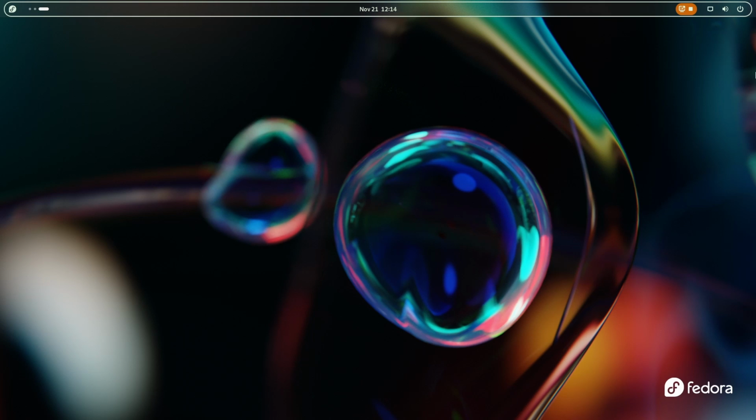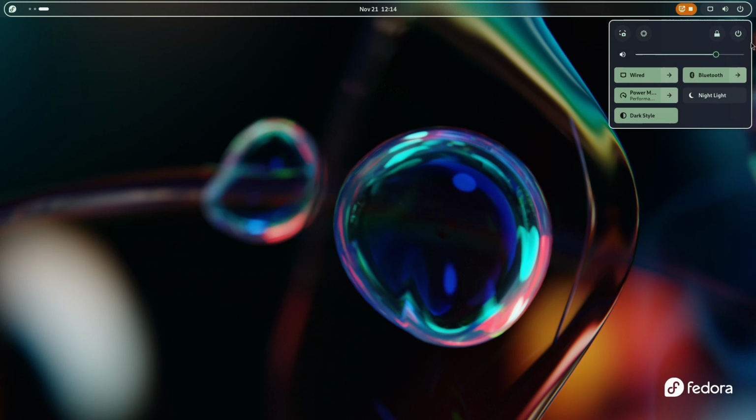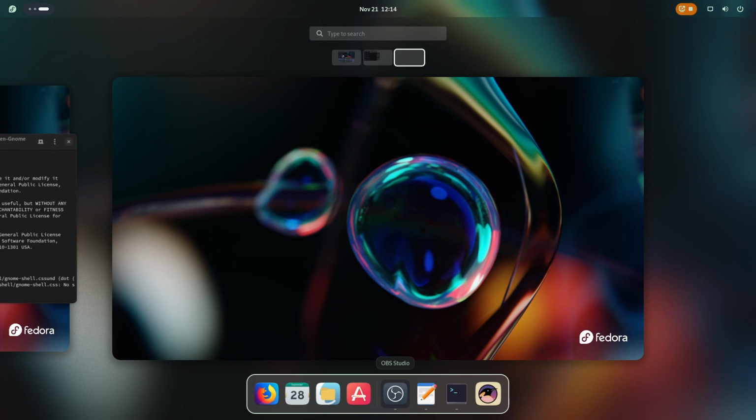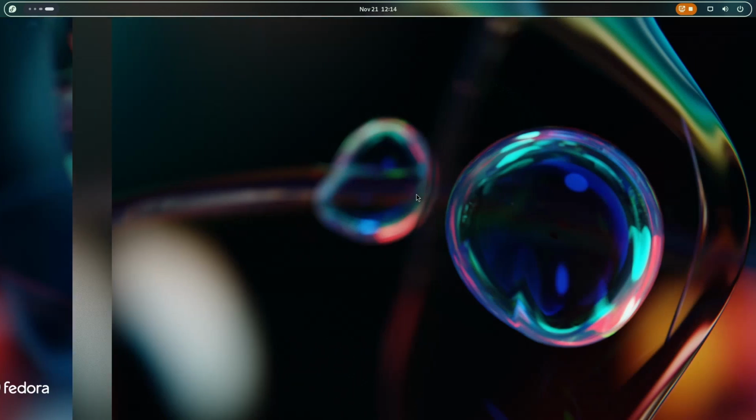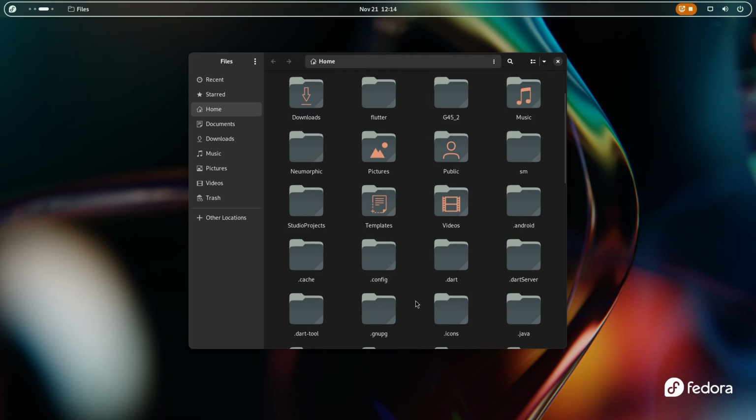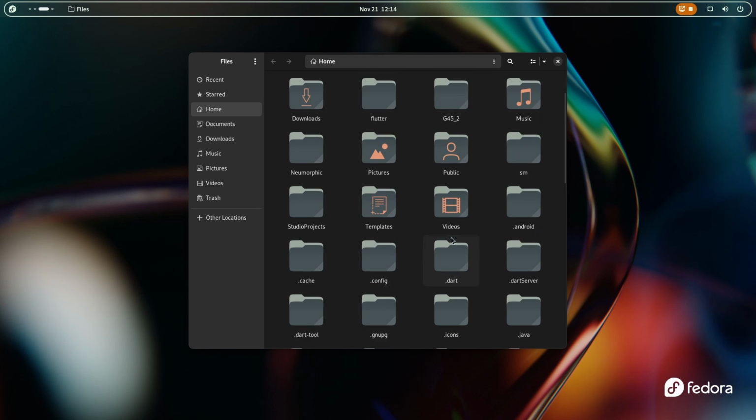Okay, since we have installed the theme perfectly, now we have the colors also set properly. Now let's move on to the next part, which is installing the theme for the GTK4 apps present here. So I will just open the file manager and head over to the themes folder. So let's go to .themes